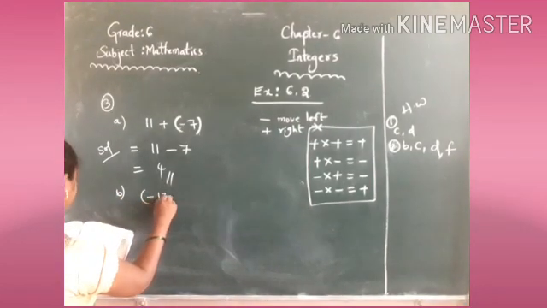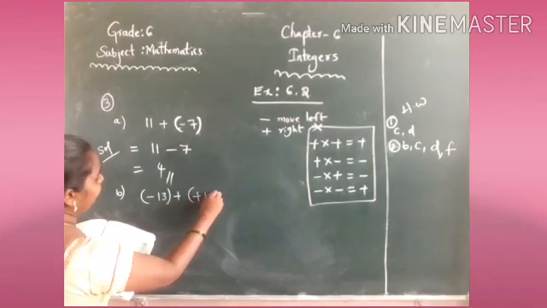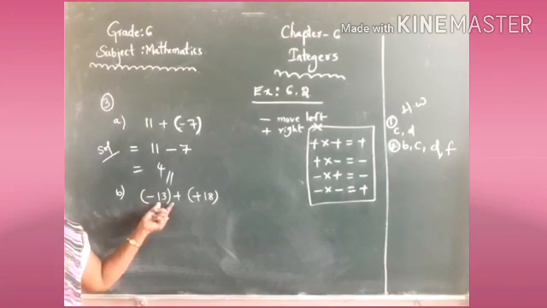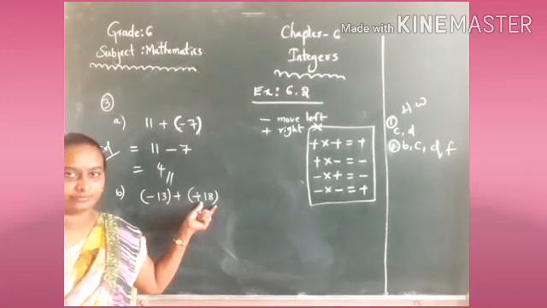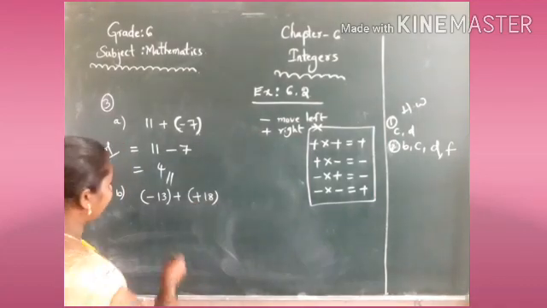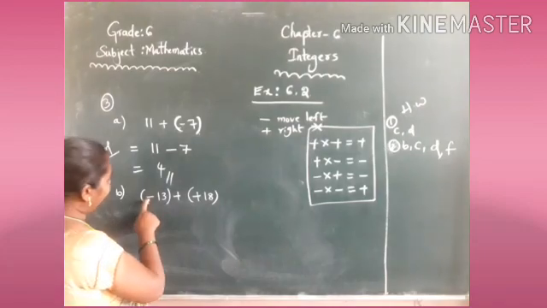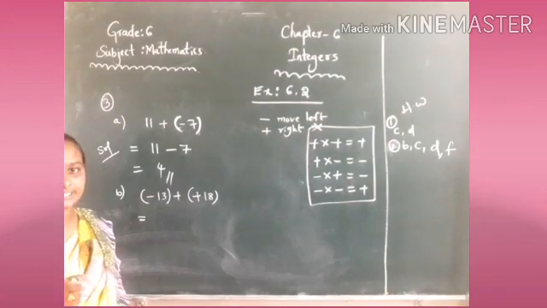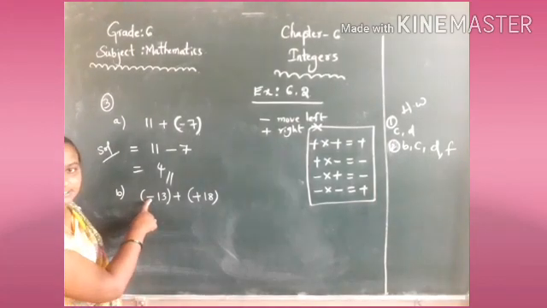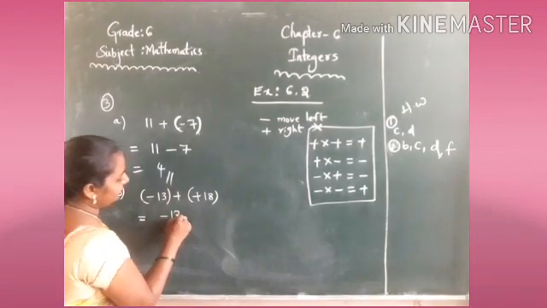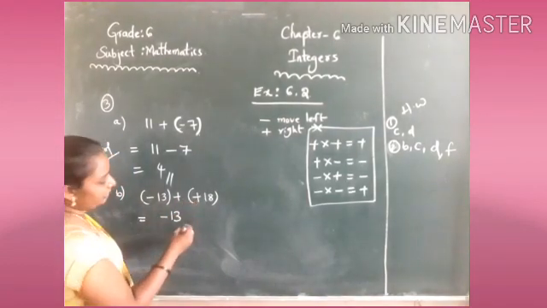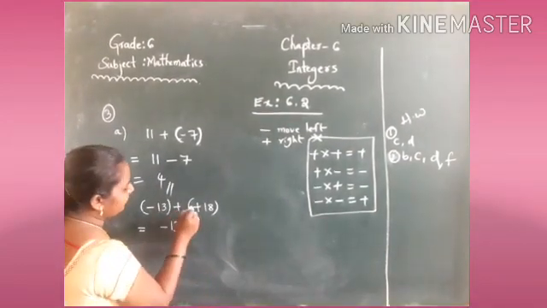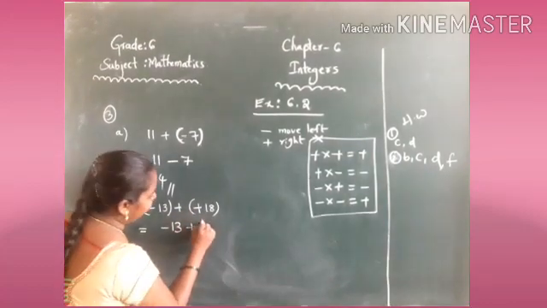Right. Next, the second one, B: minus 13 plus of plus 18. How am I reading? You have to observe carefully. Minus 13 plus of plus 18. Here also observe minus 13. Before this bracket nothing is there, so you have to remember there is a plus. Plus into minus, yes, minus 13. Again plus into plus, two same signs. Same signs give plus only. Plus into plus gives plus 18.